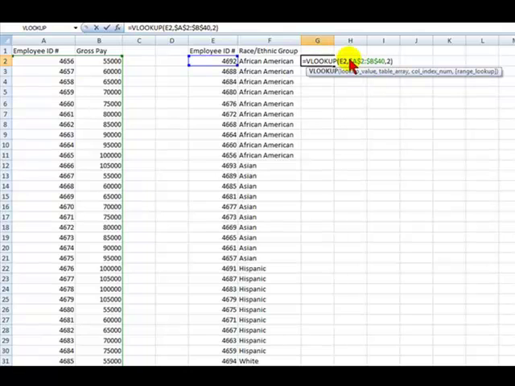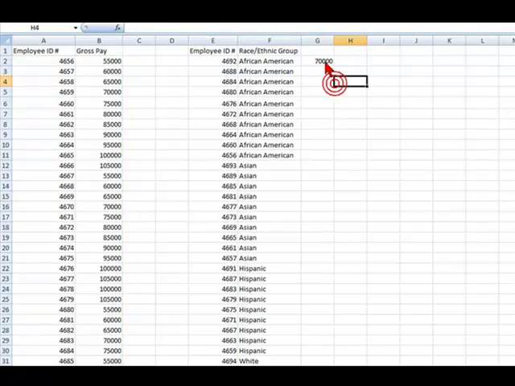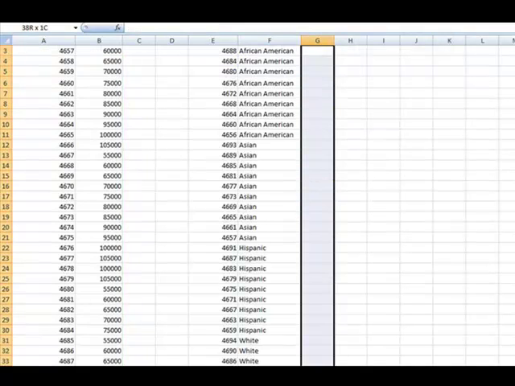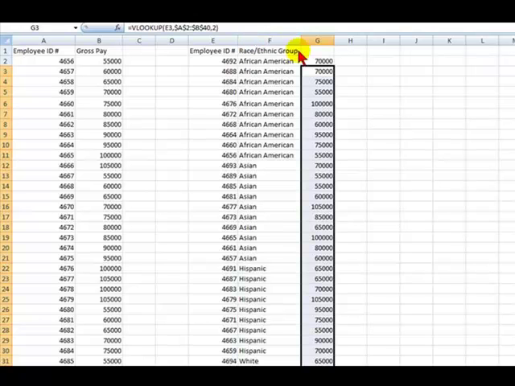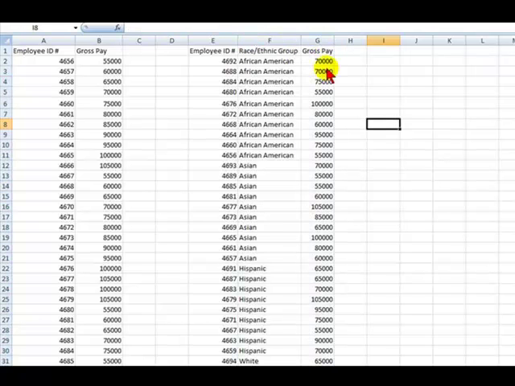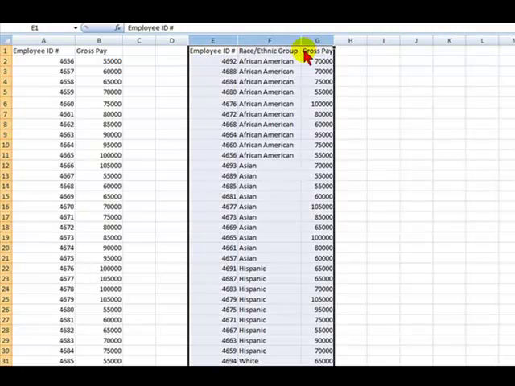And what you would do is you'd create the VLOOKUP with the constant range. You'd copy it, you'd paste it, and now that it's pulling the information we need, we now have the ID number, the ethnic group, and the gross pay, and that's separate. These reports did not have, but with the VLOOKUP we were able to pull information from one report that a report lacked. Now, to get the totals, what we would do is we'd select these columns,